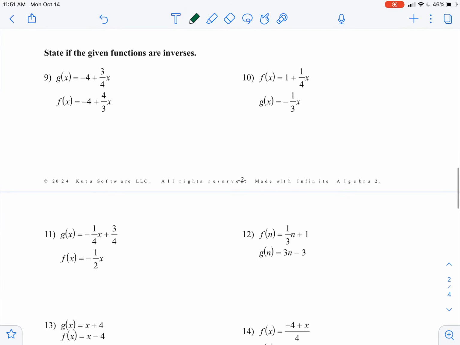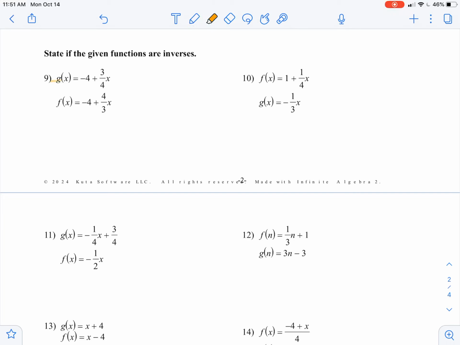One of the ways that you could do it is you could just take your g of x and just find the inverse of it, okay, and then see if it actually is f of x. The other way you can do it is what we call a composite of functions, and that is when we simply take what we call g composite f, and we do f composite g. What that simply means is I'm going to take, it's like a substitution that we're doing right now. I'm going to take f and put it into g, and then I'm going to put g into f